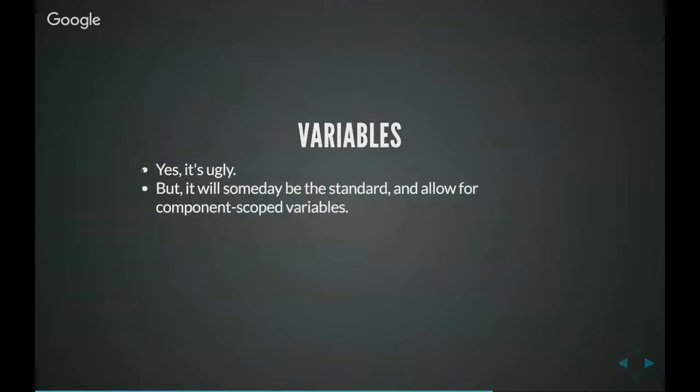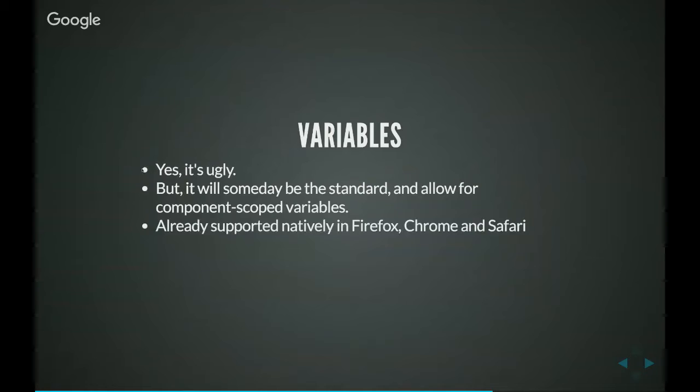The good news is that this is going to be the standard, and at some point it's going to let us do something really powerful, which is not scoping to root, but actually scoping to individual components. And that's going to give us a lot of additional power in CSS and flexibility. So that day is coming soon, but it's not quite supported yet. Custom properties are already supported natively in Firefox, Chrome, and Safari. So this is a good example of a PostCSS tool that might someday be able to be eliminated from our